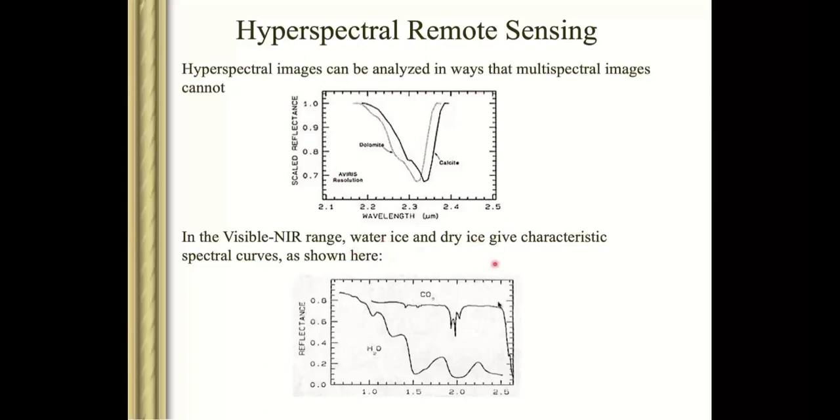Dry ice and water ice, then you can see that there is dry ice because of CO2. So you can see that there is a difference in both the spectral profiles. It's quite differentiating between water ice and dry ice also. So it is quite a strong technology to differentiate so many objects at a time.